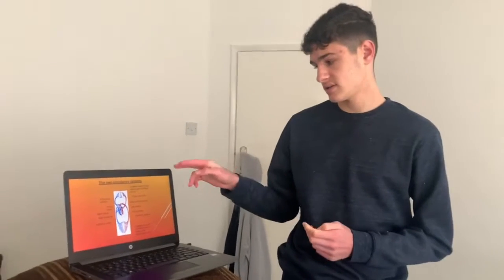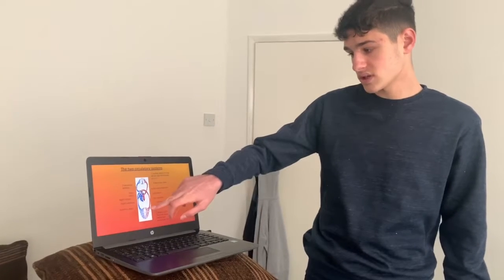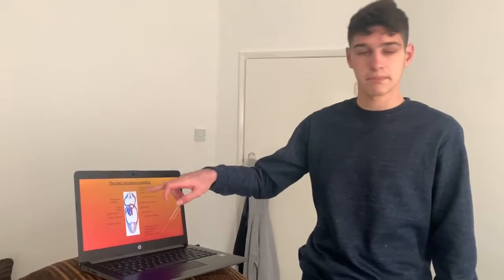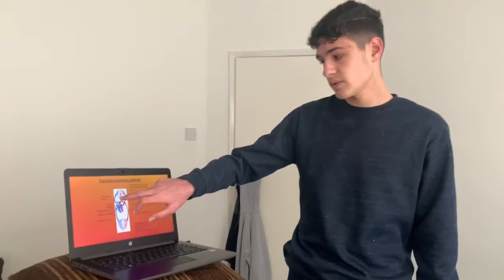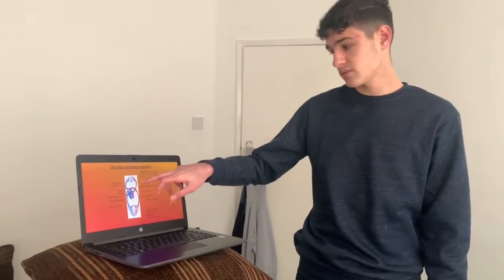Now, here I have placed a diagram of the two circulatory systems, and I'm going to explain where everything is placed. In the lungs, the capillary bed of the lungs is where the gas exchange occurs. Then, the blue one is the oxygen and the red one is the blood. From the right side, the first thing is the pulmonary arteries, and from the other side, in the red one, is